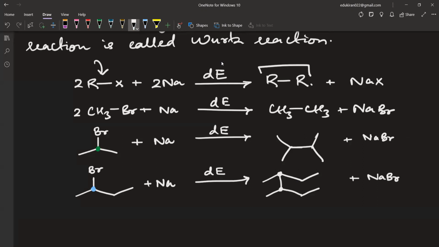Do you know what they will do in the question? They will give you the name of this product and they will ask you the name of this product. So IUPAC is also done, Wood's reaction is also done. If you have some cyclic structures,